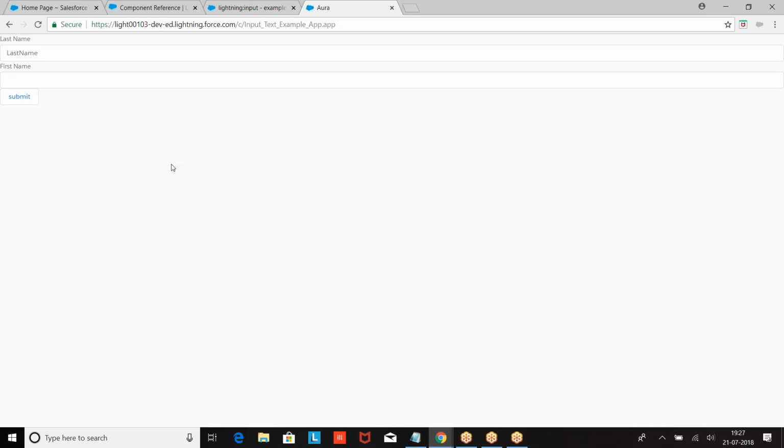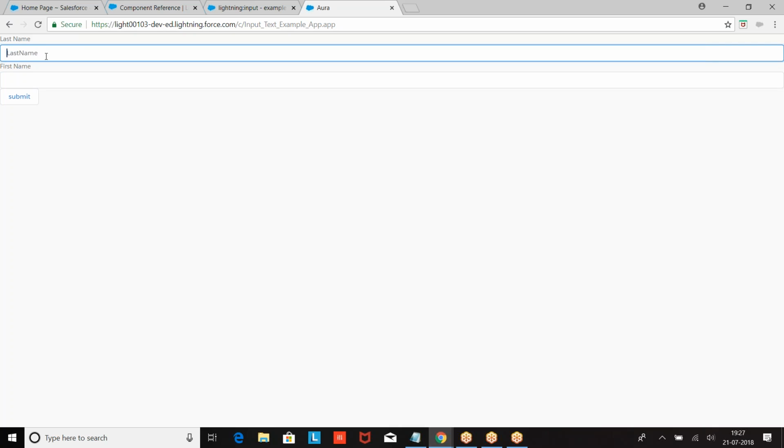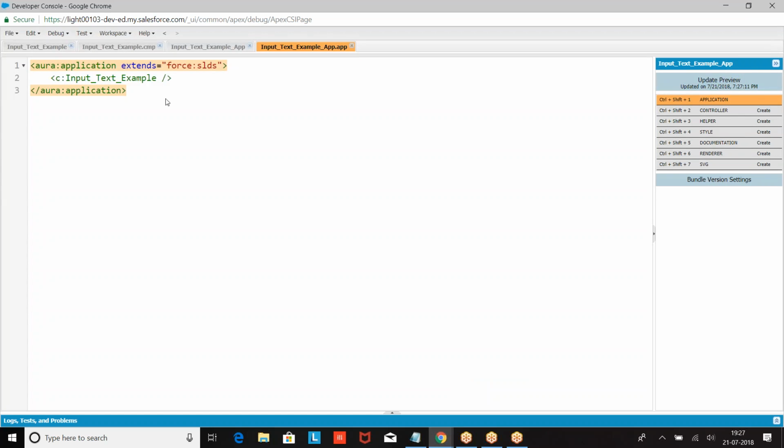Label is printed on the top. Now type, if you want to hide the label, you can hide the label. So we are giving input text, placeholder. In the box we are getting a message, right? Last name. That is called placeholder. Now what we had,